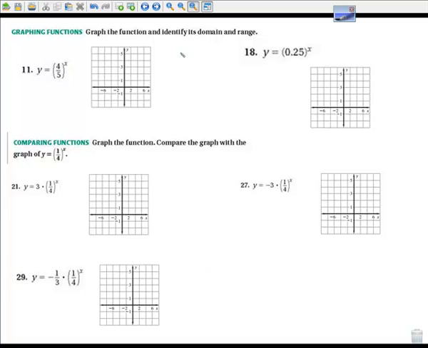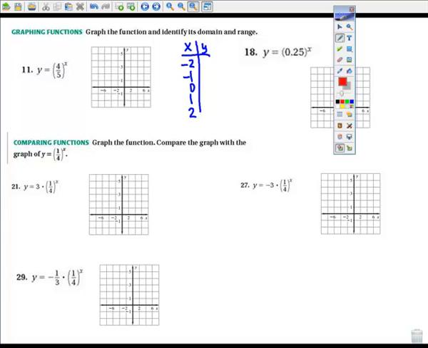Next, you're going to have to graph these. So when you graph them, go ahead and make a table. And we'll make the table just like before, so -2, -1, 0, 1, and 2. I always start with 0. And at 0, anything to the 0 power, remember, is 1. And my multiplier is 4/5. So 1 times 4/5 is 4/5. And then I'll multiply by another 4/5, and that's going to give me